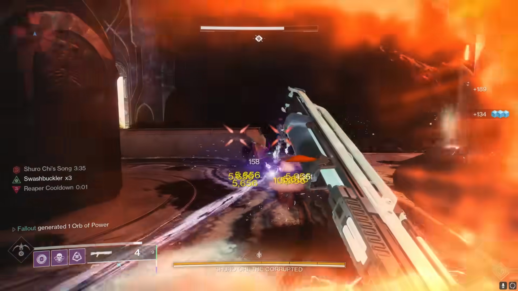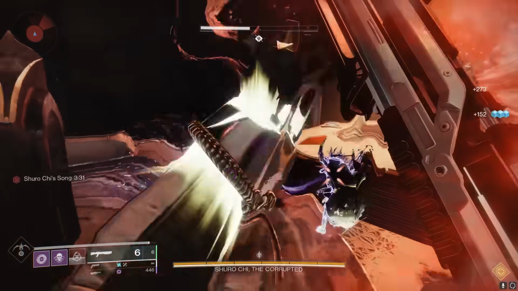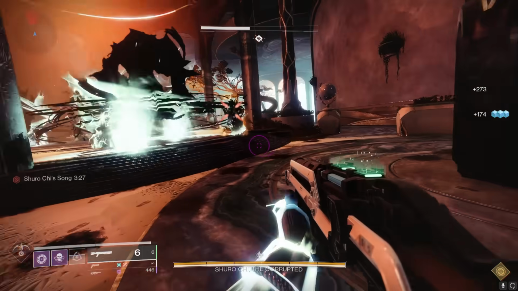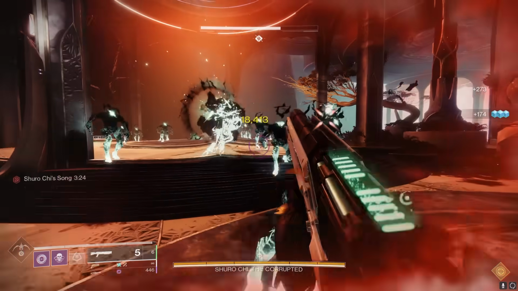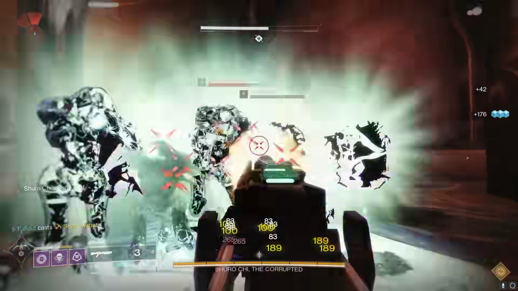If you want to farm Shurochi as quickly and efficiently as possible, use a hunter with tether. Tethering up all the taken makes them die much quicker, but the crafted weapon you use to get the kill still gets the same overall level of XP. I've got a video on that too, which I'll also link below, should have the hunter build that you can